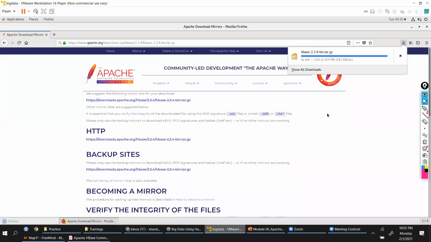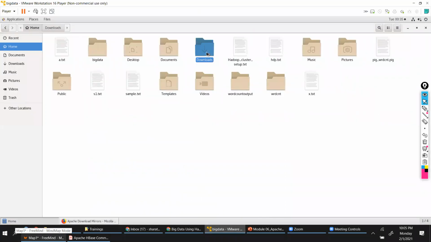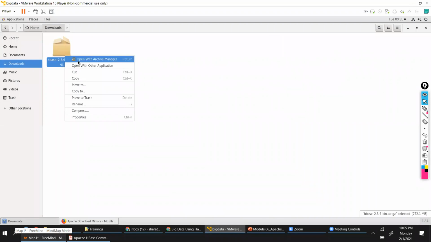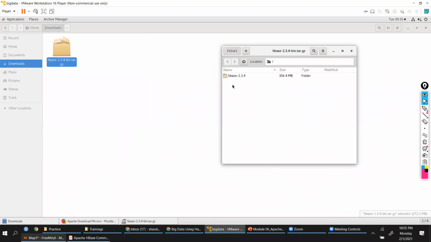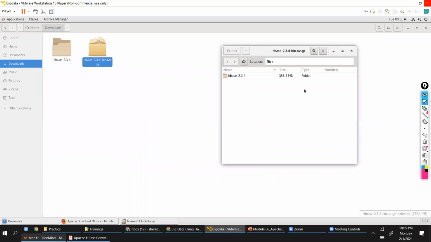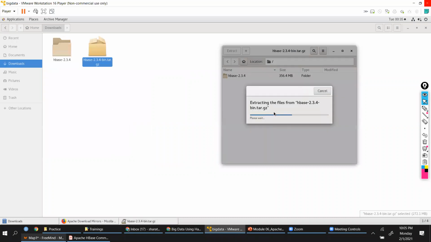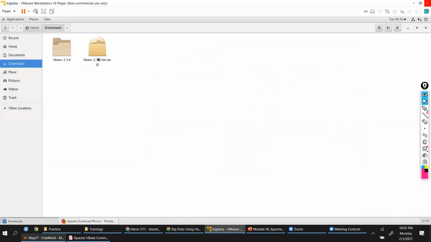Almost done, guys. So let's see how to install this. Done. We have downloaded. So I'll go to the downloads folder. I will try and extract it using the archive manager. I'll say extract all files, keep the directory structure, and then click on extract, and this gets extracted. Or we can also use the tar command.